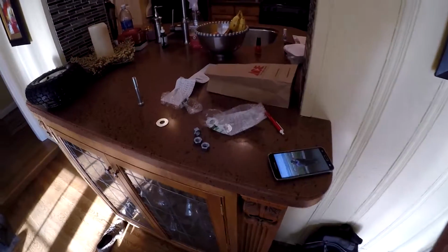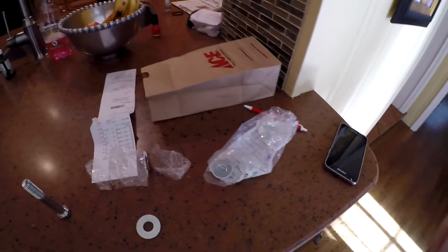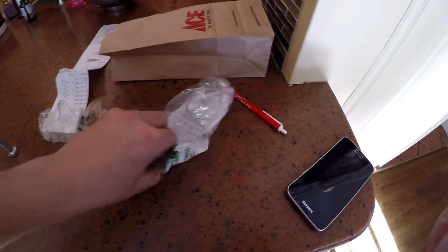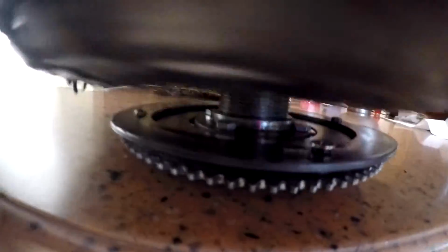I've got the final assembly for the trike. This is all the parts I need to get it to run and move under its own power. Well, hopefully. I just bought all this stuff at Ace. I'll get you a closer look once I weld it all together. Well, you know what? I'll just show you now. Here,